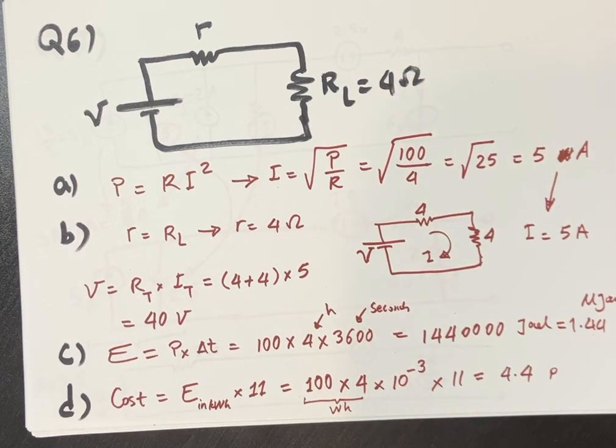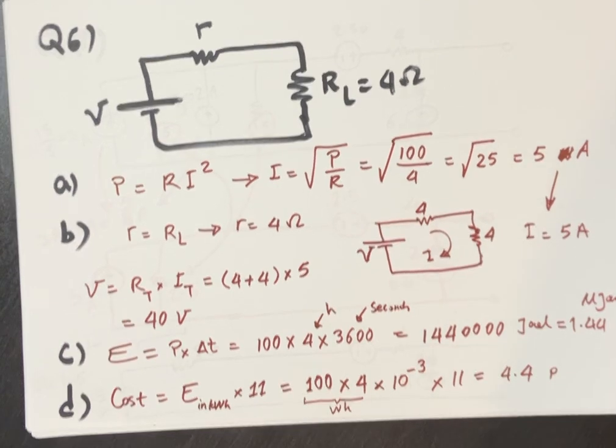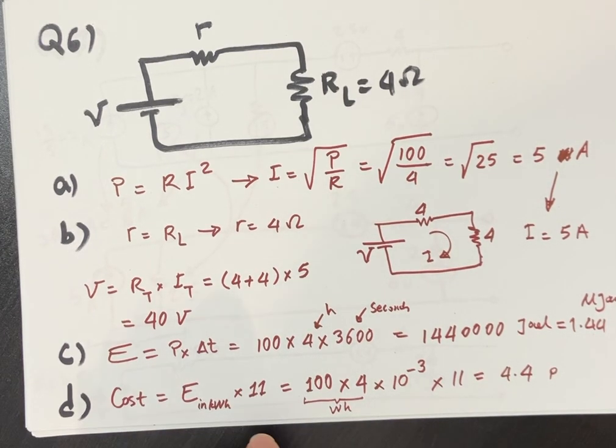Last section is about the cost of energy. If per kilowatt hour, you need to pay 11 pence. So energy, we obtained it, or we had it in watt hour, because we have the power, which is 100, and we have the duration. So 100 watts multiplied by 4 hours will be watt hour. We need energy in watt hour here, not joule, because